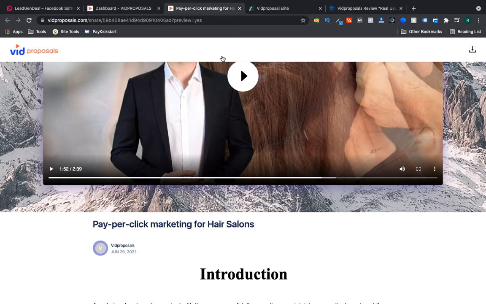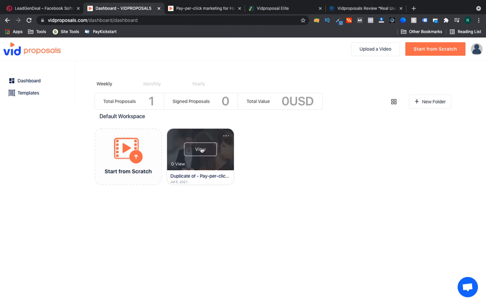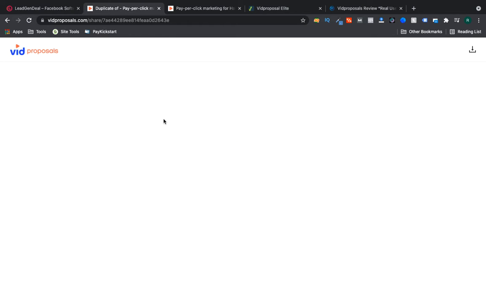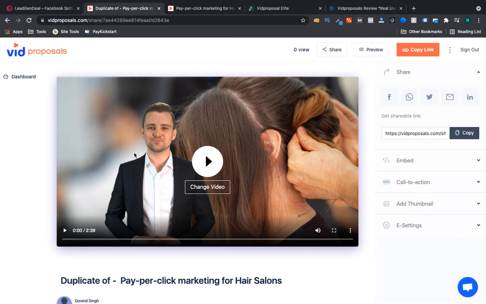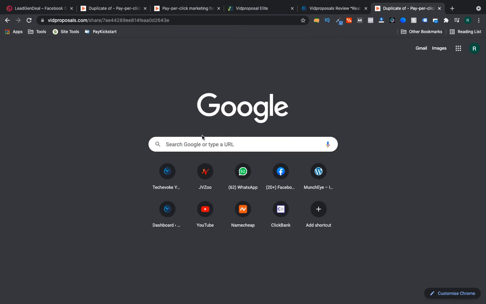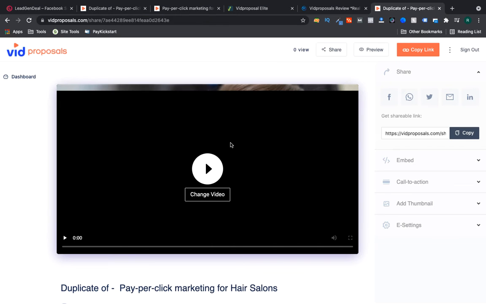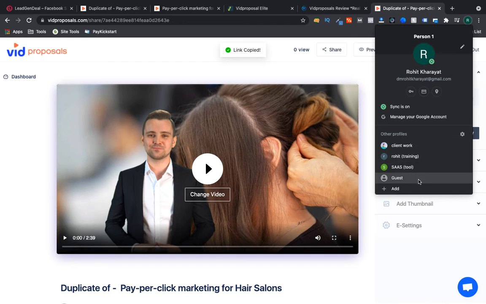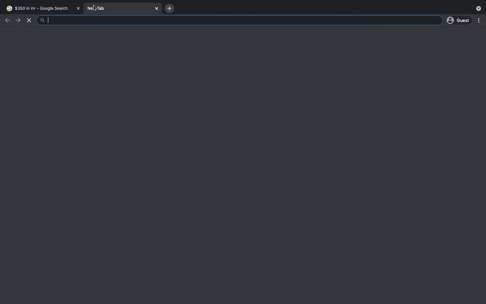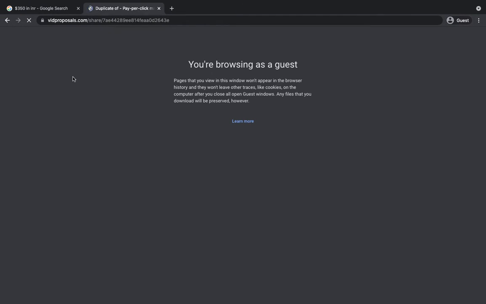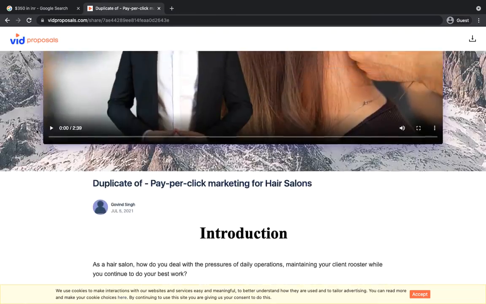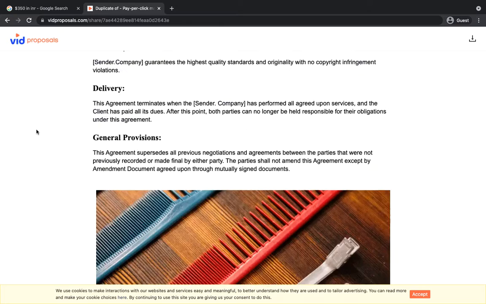So it is a preview for the proposal, and this is the proposal, and I'm going to show you how you can create all this. I can copy this and paste this, and you can directly see what kind of proposal I can create. Okay, it is open on my window. I have to open it on my guest window, right? So here we are. Here is what it looks like.